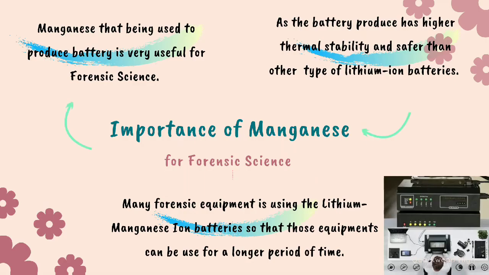Manganese is also important for the forensic science field. Manganese used to produce batteries is very useful to forensic science, as the battery produced has higher thermal stability and is safer than other types of lithium-ion batteries. Many forensic equipment use lithium manganese ion batteries so that the equipment can be used for a longer period of time. This is an example of an item that contains manganese, which is the battery itself on the